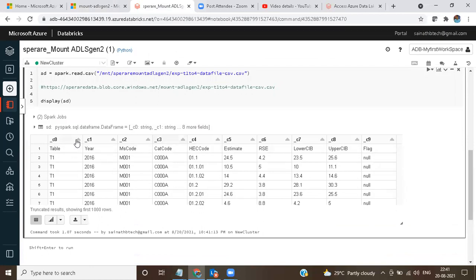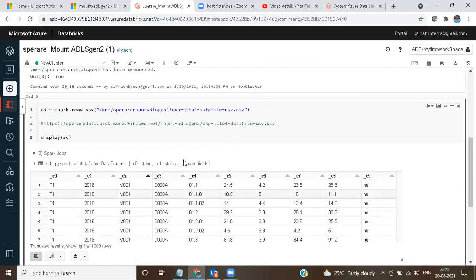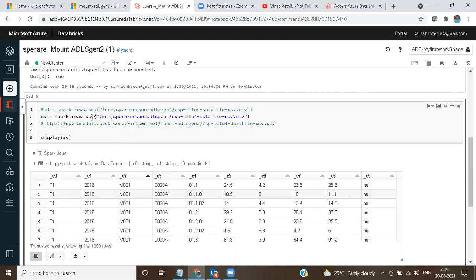Now if you just see this one, it is showing C0, C1, column 1, column 2, column 3, column 4, 5, 6, 7, like this. It is showing all these column numbers. If I don't want these column numbers, then make this your command as a reference, and just copy this again and paste it here. Instead of .csv, you just eliminate the .csv and put .option,